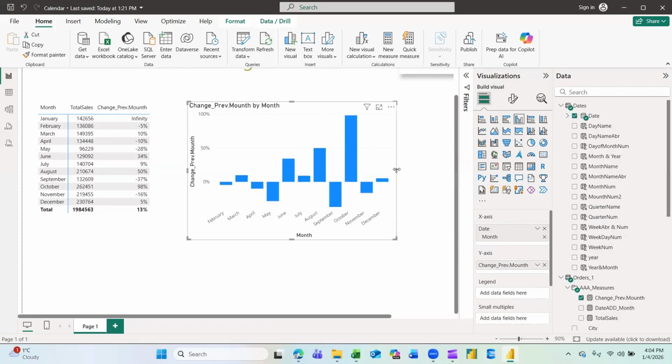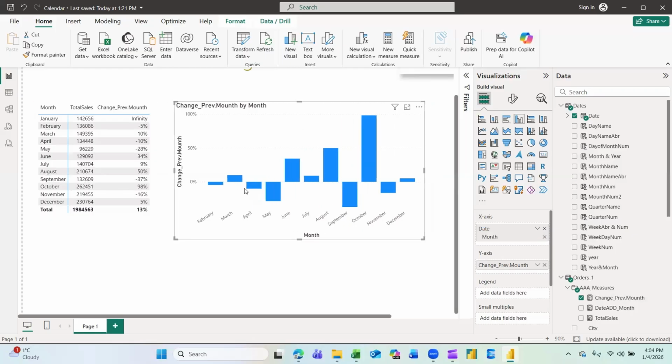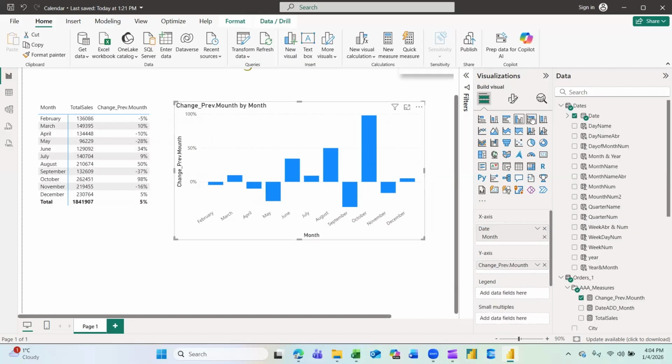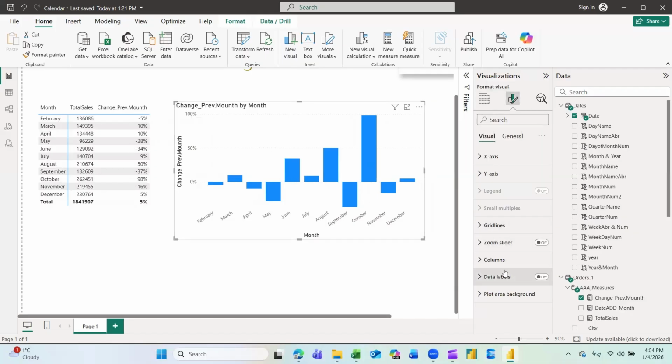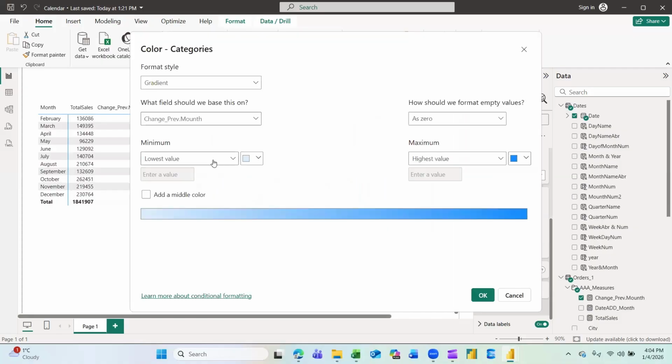So now we will see only from February. Now we can also exclude this one, so the data will match with the graph. And of course, if we want, we can add some data labels, and maybe change the colors.